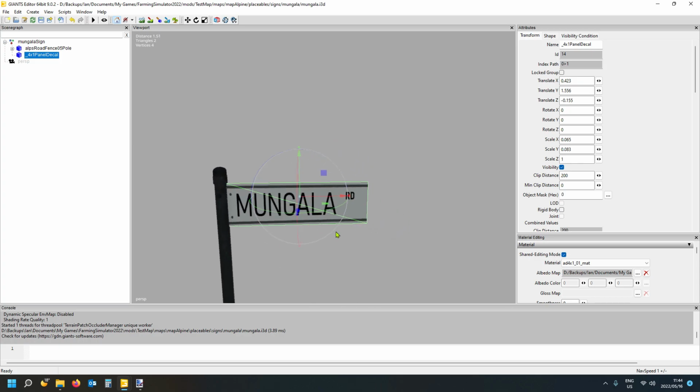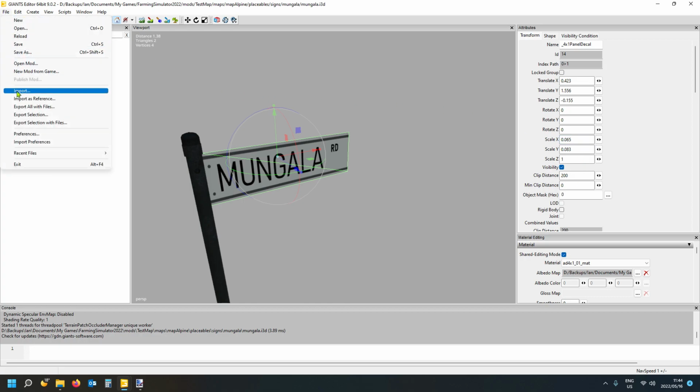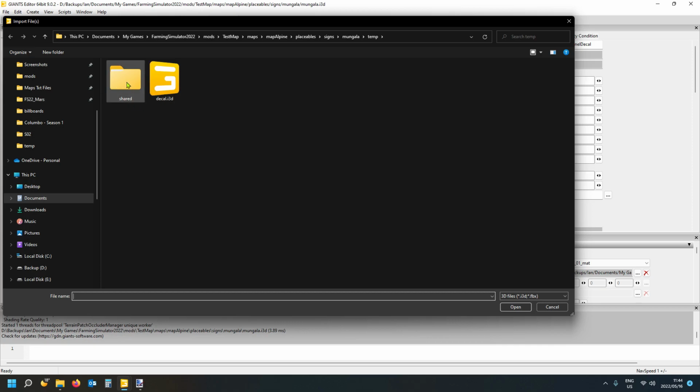And you can now change the size and the ratios and everything until you're happy with it. So I'm going to take a note of the scale. It's 0.65 and 0.83 and 1. Alright, so we need to scale the other one to that. So I'm going to take that, Control Shift and C. It will copy all three for me. So when I now import, file import, the other decal, if we go into Mungala,